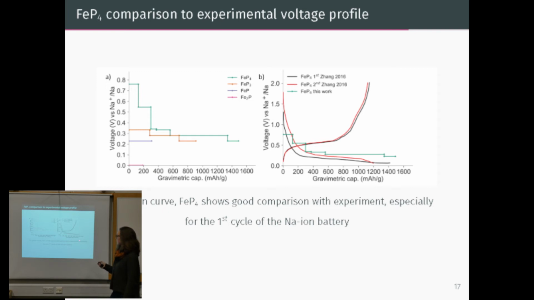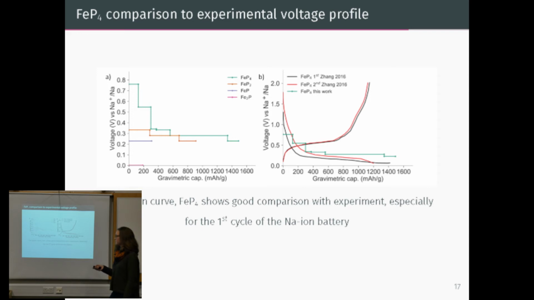And most importantly, it still has the high capacity that we're looking for. So on this x-axis over here, we have our gravimetric capacity. Theoretically, we predict it to have a capacity over 1400 milliamp hours per gram. Experimentally, at least in the first cycle, they reach a capacity of about that much, which is interesting and kind of telling us that, yeah, we probably are getting it right, and these structures are potentially forming when we cycle